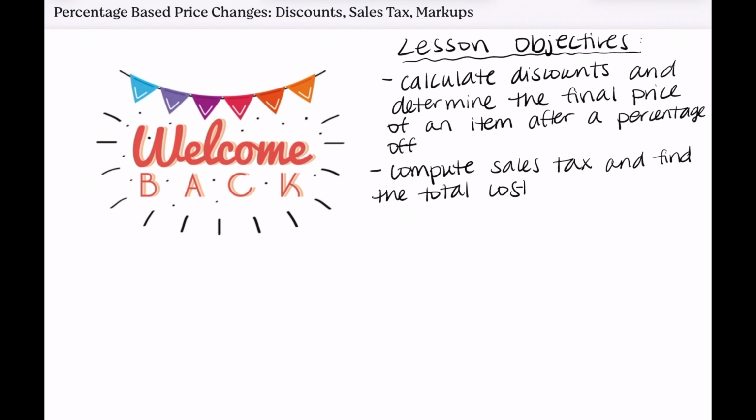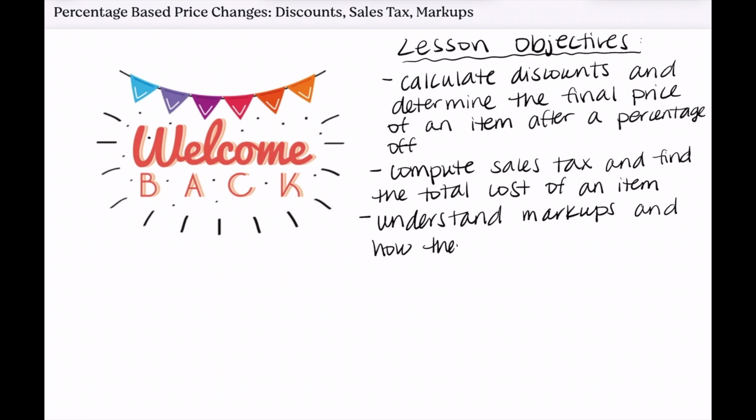We also want to be able to apply these concepts to real-world scenarios because topics like discounts, sales tax, and markups actually show up a lot in the real world, such as in business pricing, as well as, of course, shopping. So now that we've gone over our lesson objectives for today, let's go through here and just define the